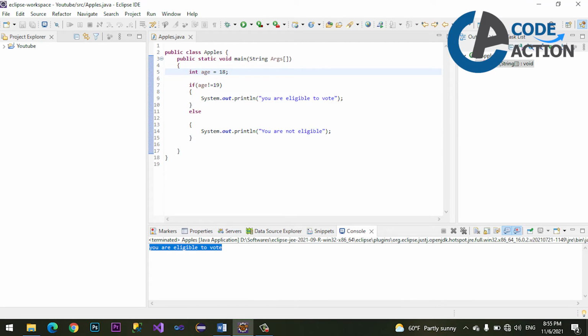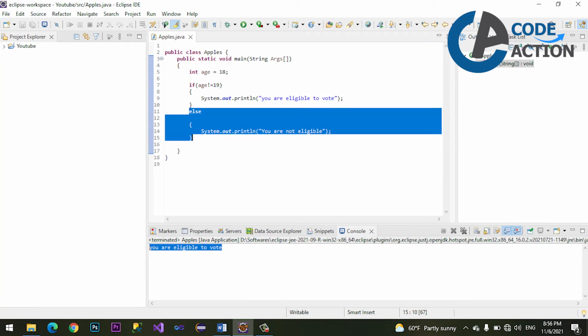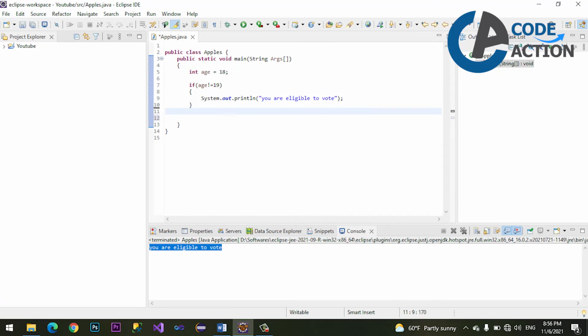Suppose we can remove this section, and we can say if age is less than 19, then display this message.